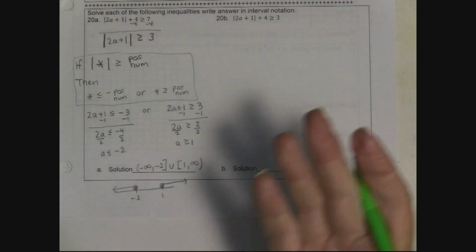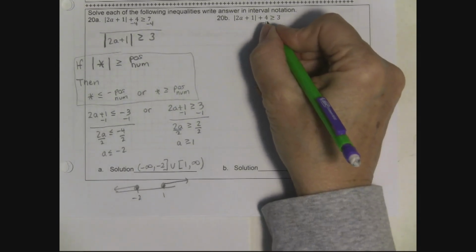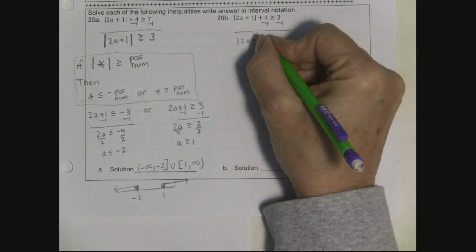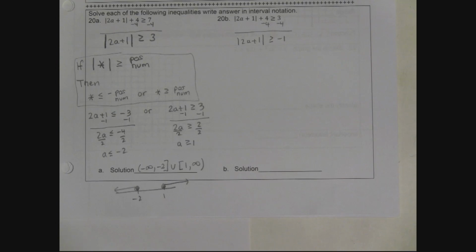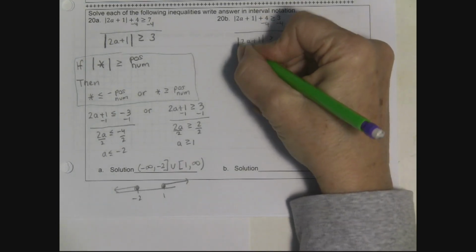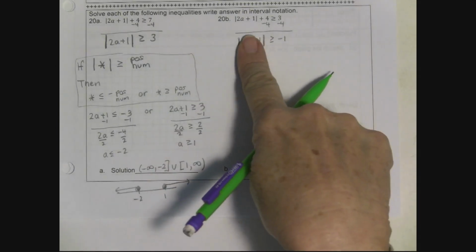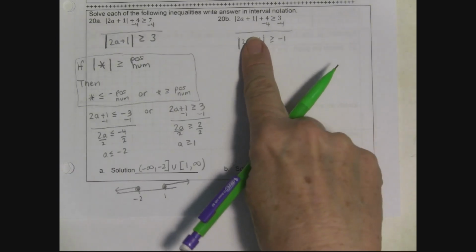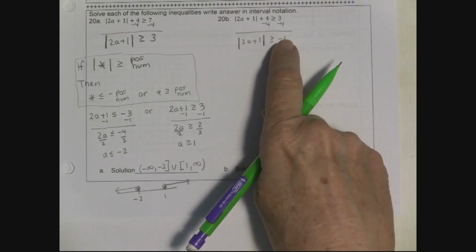I'm not going to actually run out of room like that, like I did on this other one, because when you take away 4, you get the absolute value of 2a plus 1 is greater than negative 1. And the author of the book said, hey, you can reason that out. And they're certainly right. You can reason that out. No matter what you have in here, call it star, if that is an absolute value, right? Absolute value of star is a positive value. Will that always be greater than or equal to